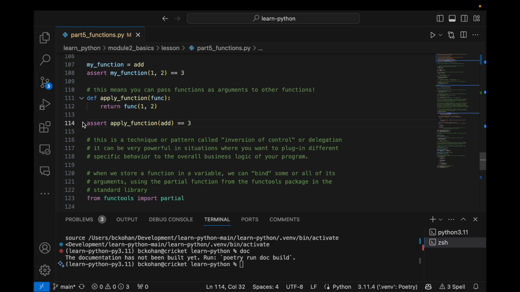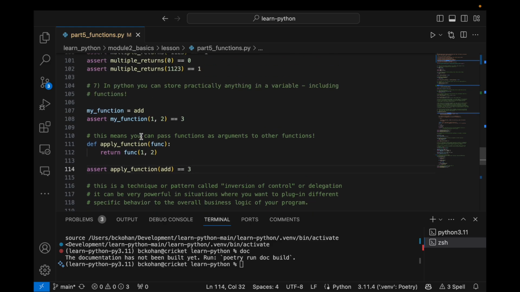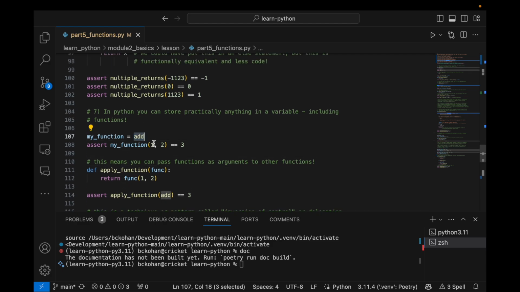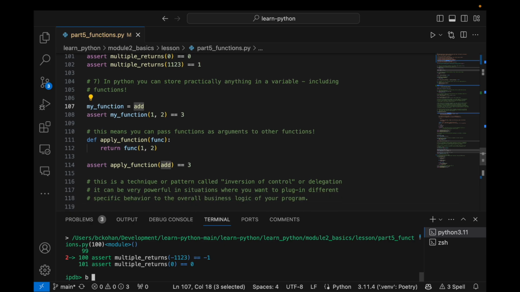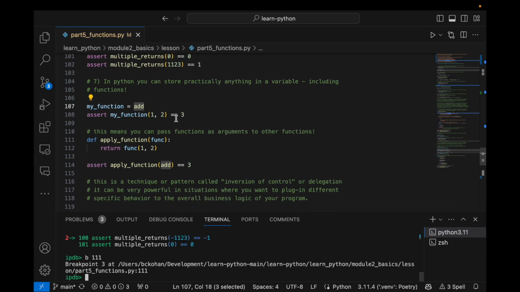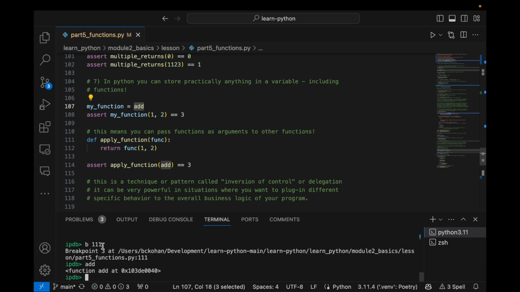There's one gateway exercise where you have to define your own delegate. But we do have just a simple example here. So remember, we defined add at the top. So here we're setting my function to add. Let's go back here. Let's see, where are we? Let's go ahead and continue to line 111. All right, so add is the function add. My function,